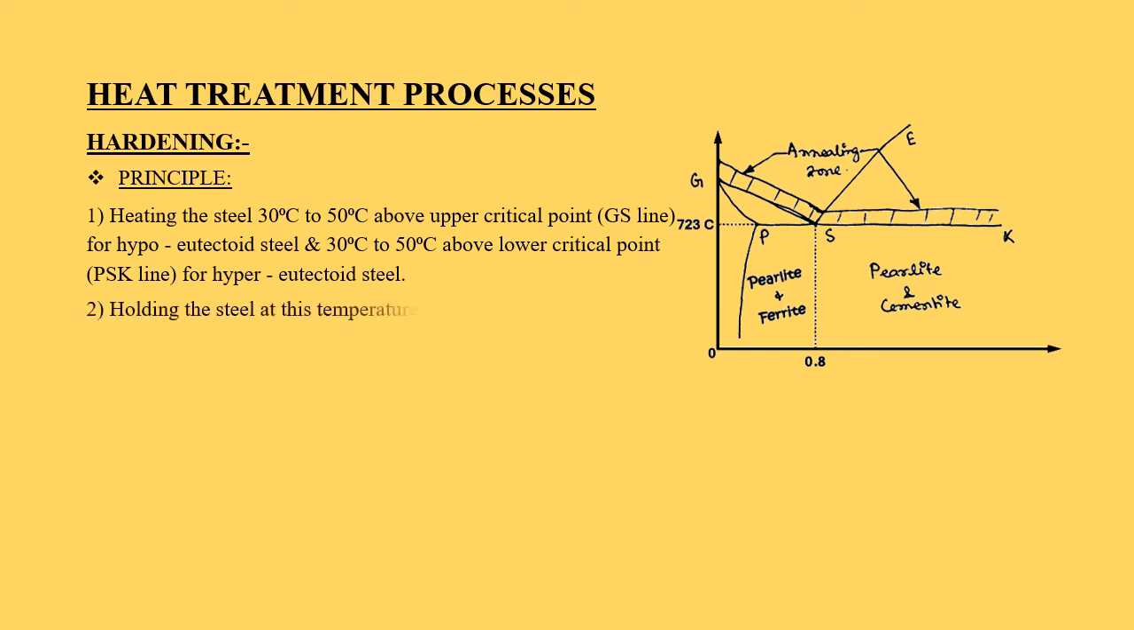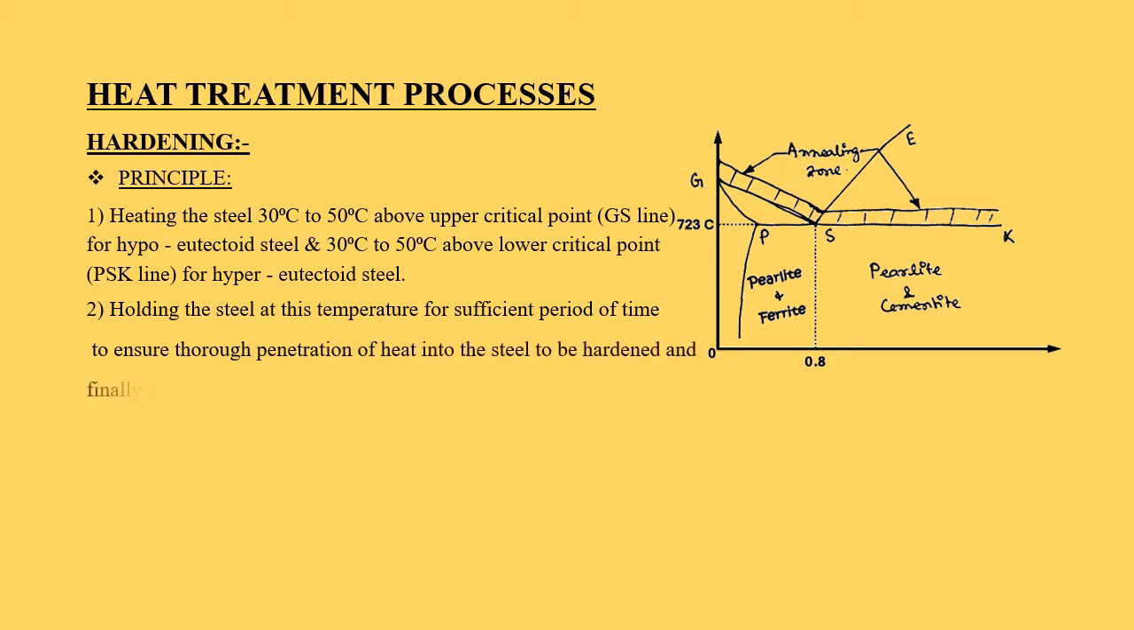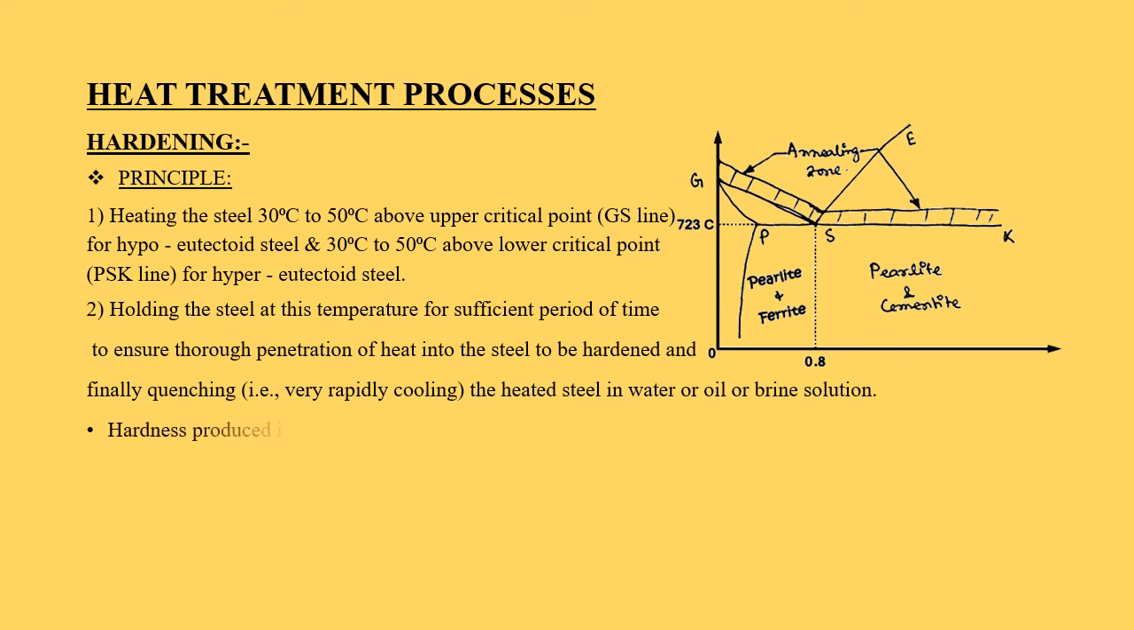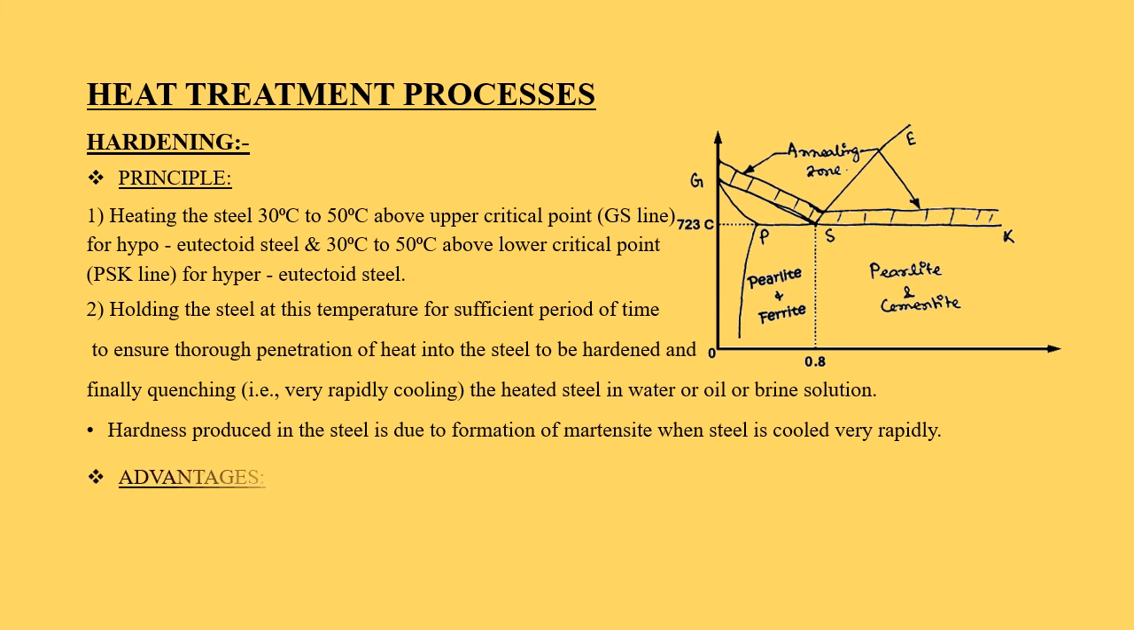Holding the steel at this temperature for a sufficient period of time to ensure the thorough penetration of heat into the steel to be hardened, and finally quenching, that is very rapid cooling of the steel in water or oil or brine solution. The hardness produced in the steel is due to the formation of martensite when the steel is cooled very rapidly. The advantages of this process are: